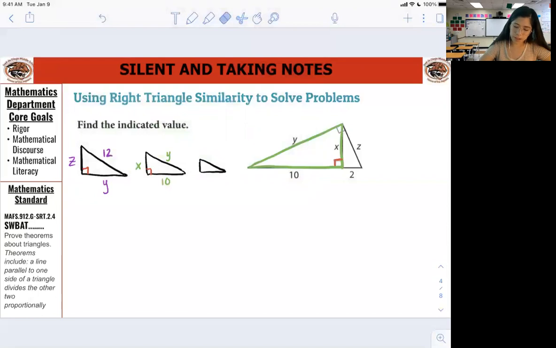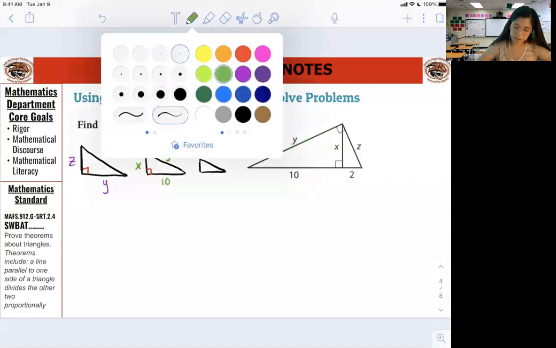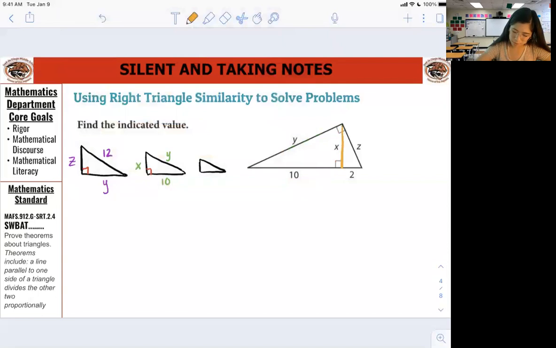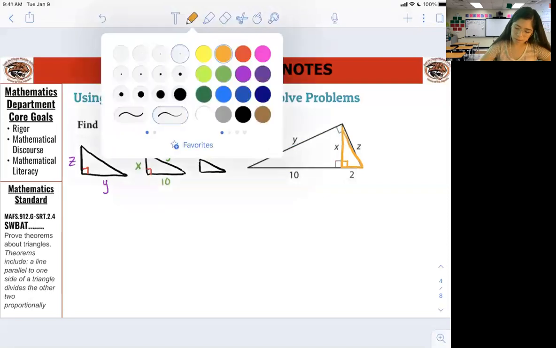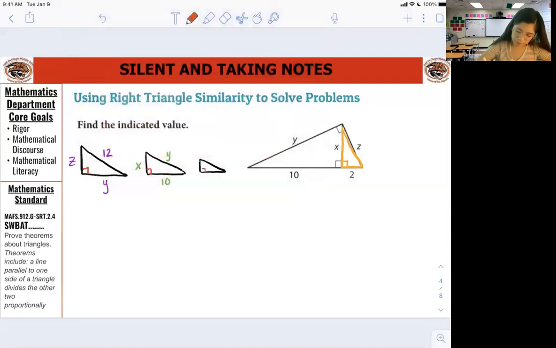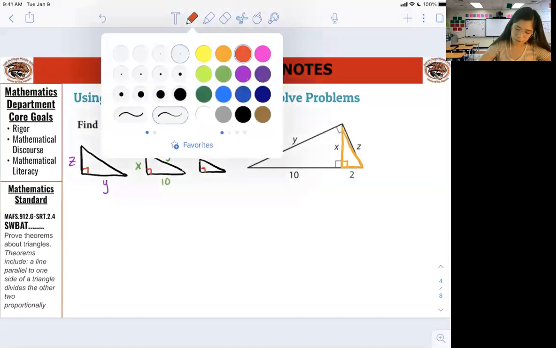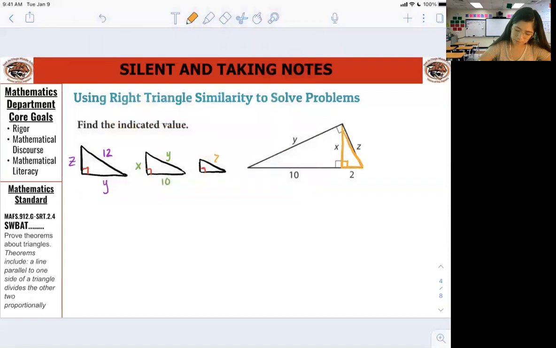Cool. And then this little guy right here, let's go ahead and mark him down. What's his hypotenuse? Good, Z. Shortest side? 2. And the longer side is X. Awesome. So pulling all three triangles apart is much easier to visualize what's going on, because